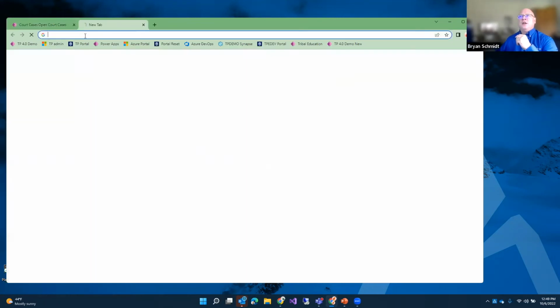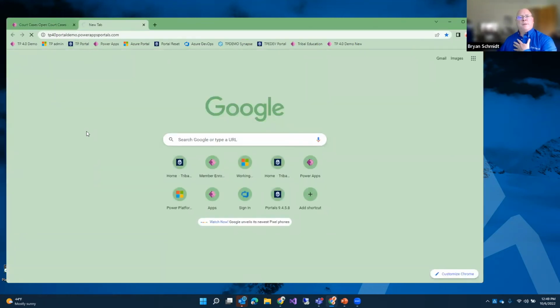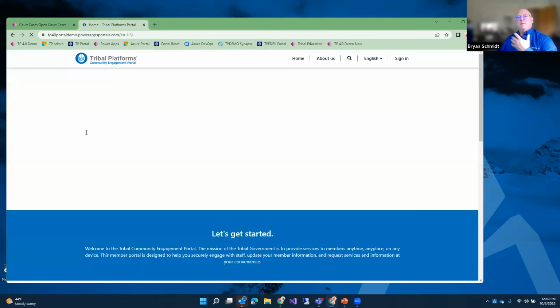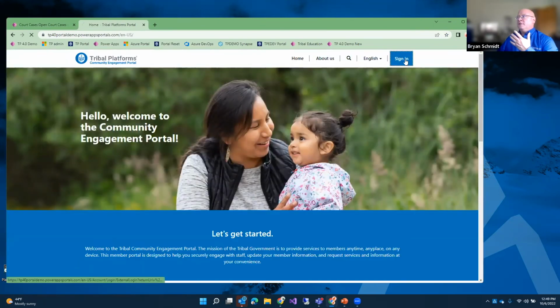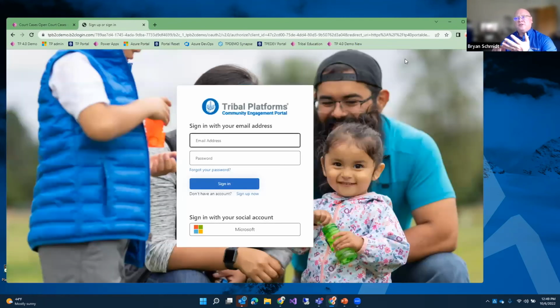Individuals can actually log in and they can see their own information. So that is one capability where they can sign in and get their personal information. They can see their appointments, their cases, that information, and see their payments. That is one member engagement tool that is available, where you can expose court proceeding or hearing information to the individual, and they would only see their data related to their court profile. So yes, absolutely, that can be done in the community portal.